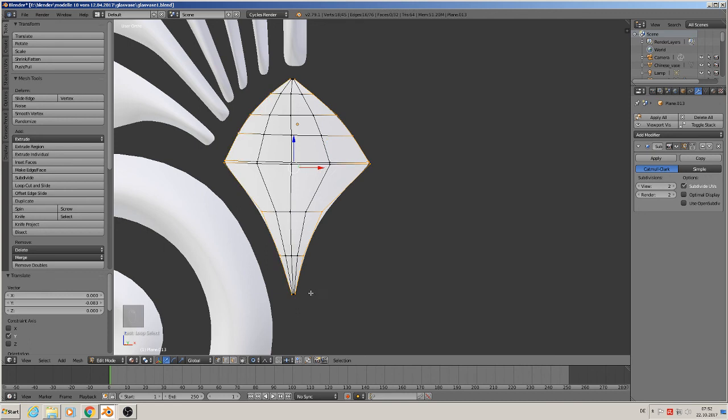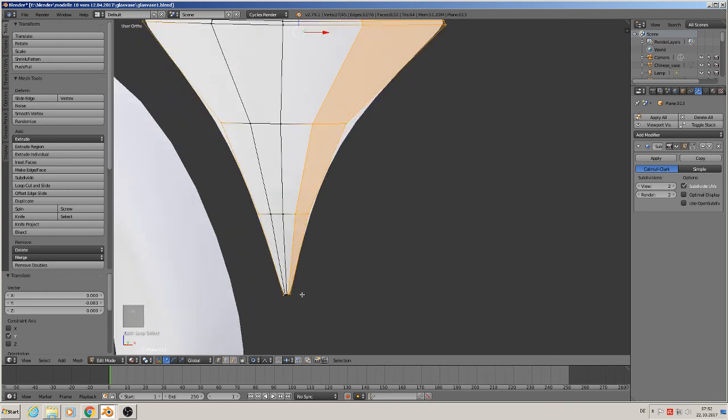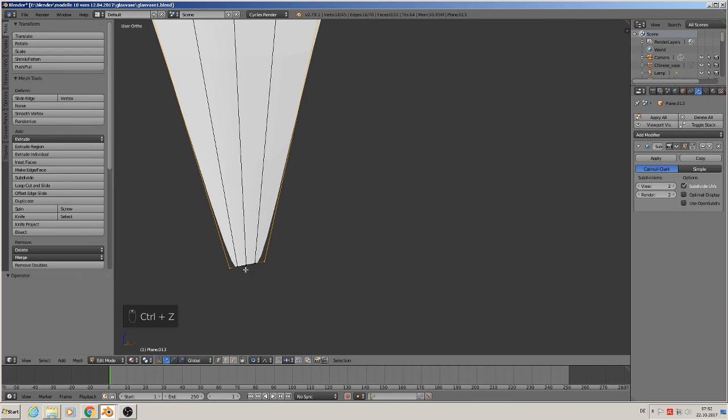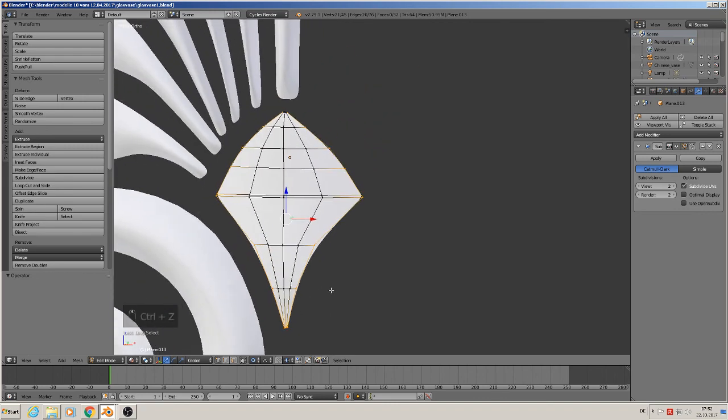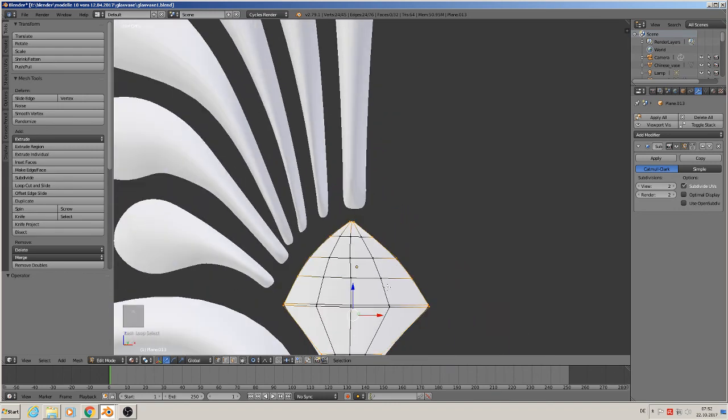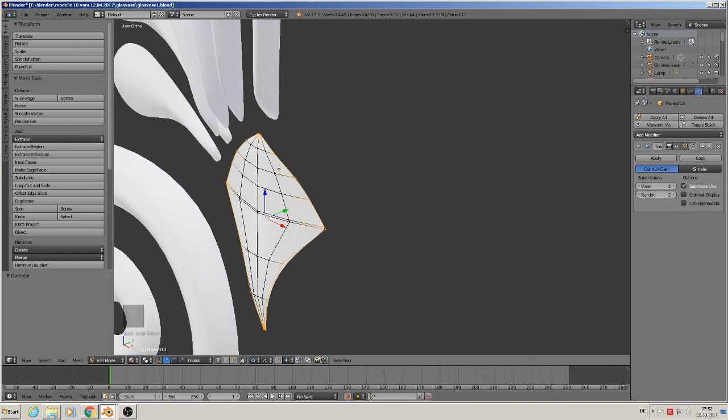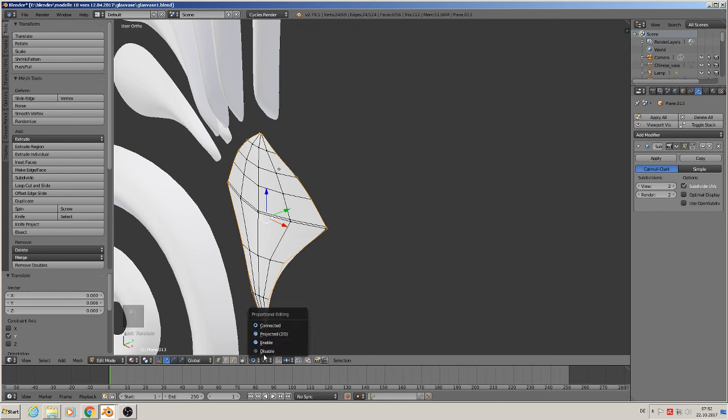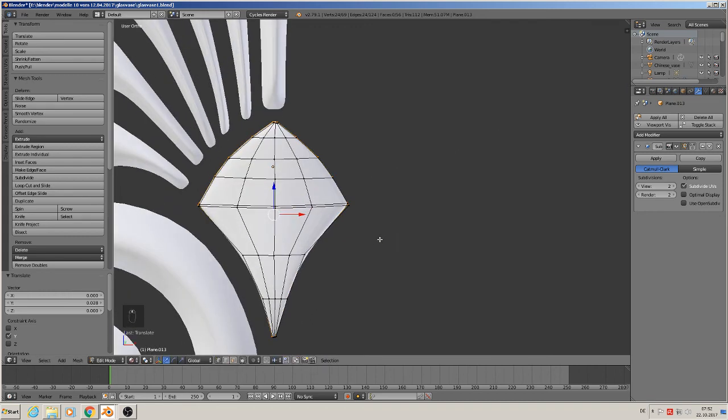We mark the whole outline, and I extrude it back, but before that we must disable the proportional, then we can bring it back. We scale it a little,